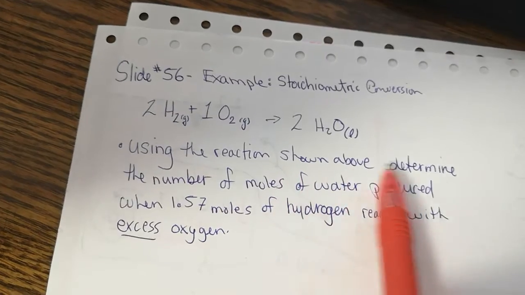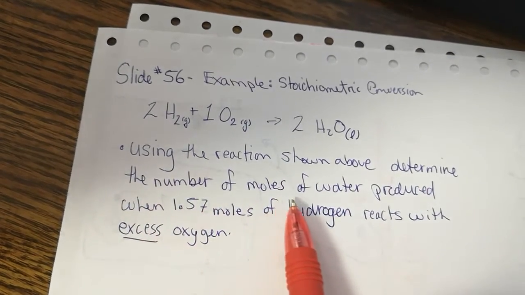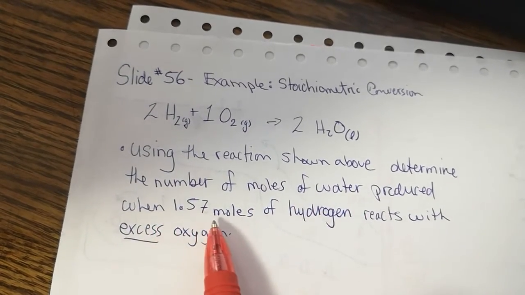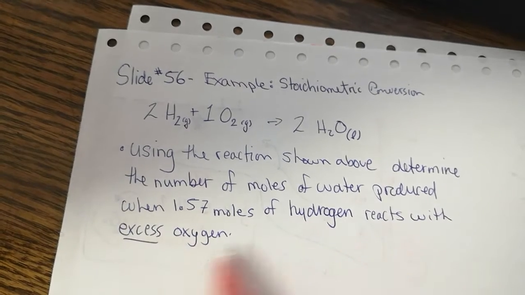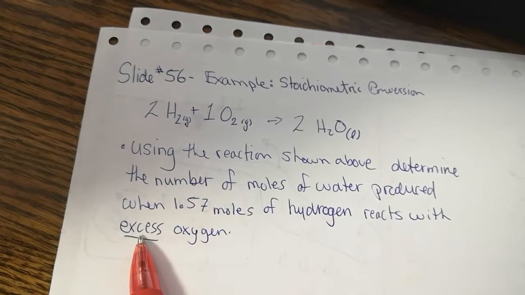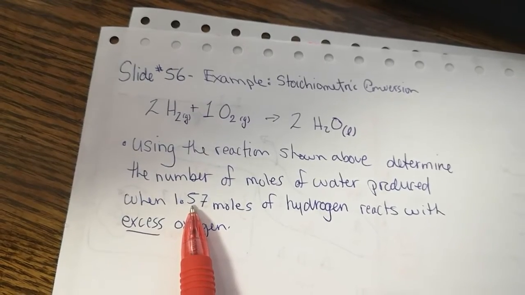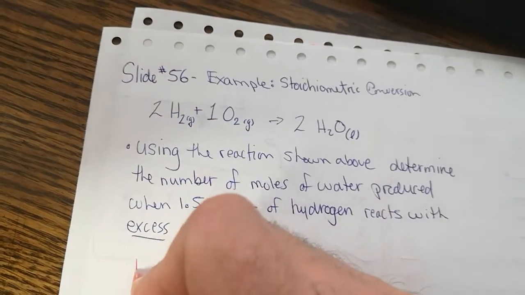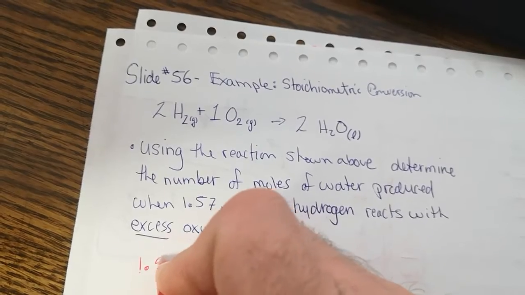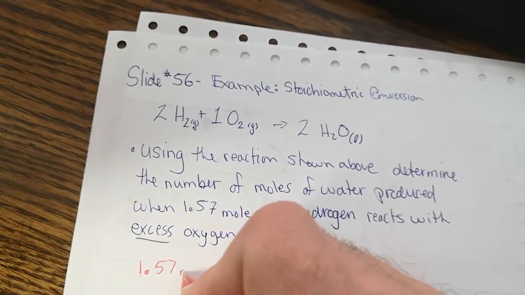Using the reaction shown above, we're asked to determine the number of moles of water produced when 1.57 moles of hydrogen reacts with excess oxygen, meaning more than enough oxygen, whereby all of this hydrogen will be consumed in the process. When doing a stoichiometric calculation,